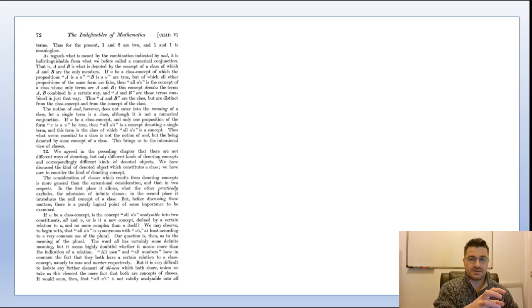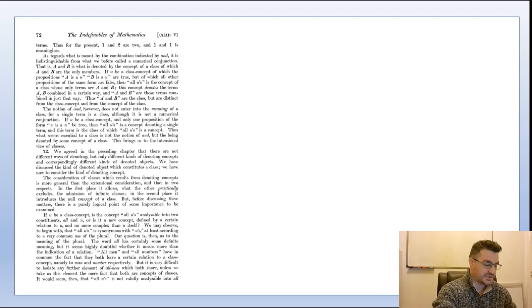The question still remained, are there different ways of denoting, or is there just a single way of denoting? And really what it boils down to was that it's significant for us that there are different objects which are denoted in each case, but actually it doesn't make any difference to us whether we assume that there are different ways of denoting or whether there's just a single way. So I suppose you could play a kind of Occam's razor sort of game and just say, well, if it doesn't make any difference, then we may as well just assume that there's just the one way of denoting.